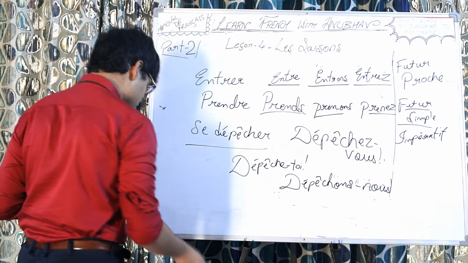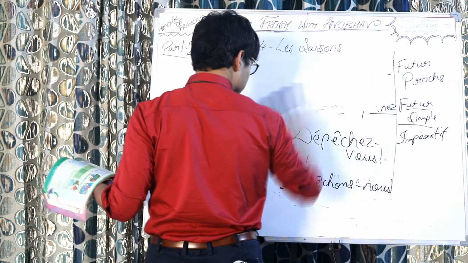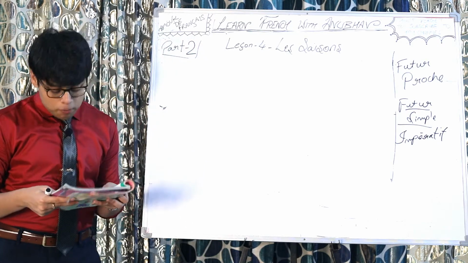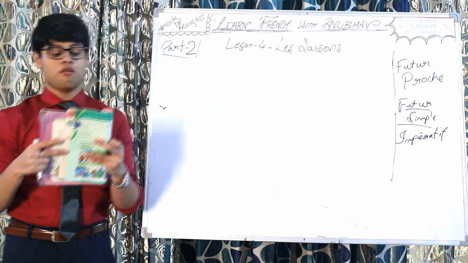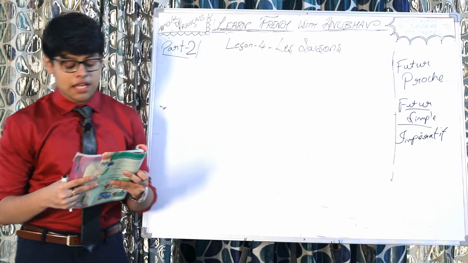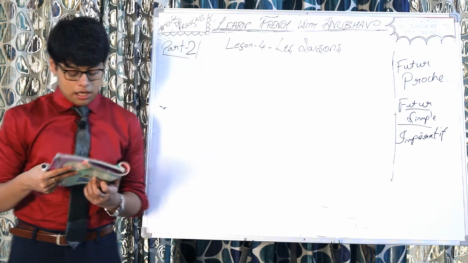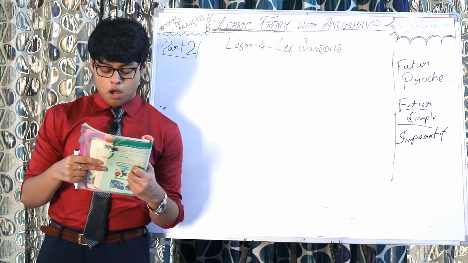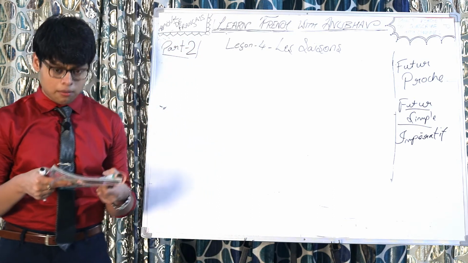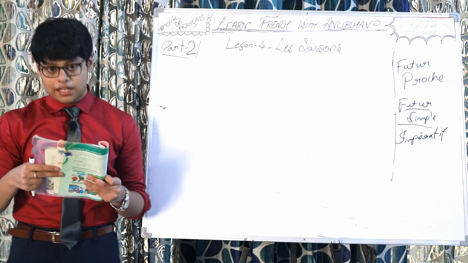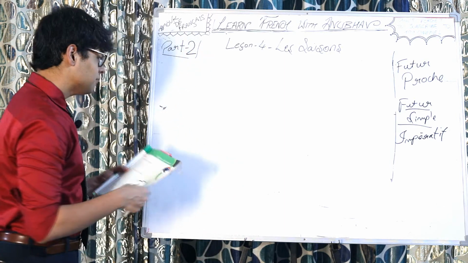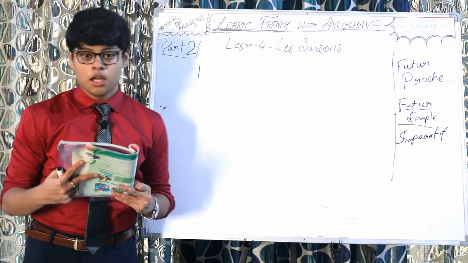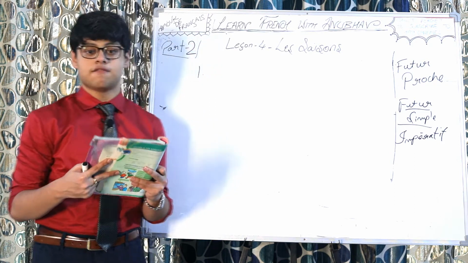Moving towards page number 49. Our TOA exercise again, an open-ended question is there. So first is, tu donnes des conseils à ton ami qui veut maigrir. Okay, so you have to give some advice to your friend who is probably not in good health. For example, first we are given promène-toi tous les soirs. Have a walk every evening.